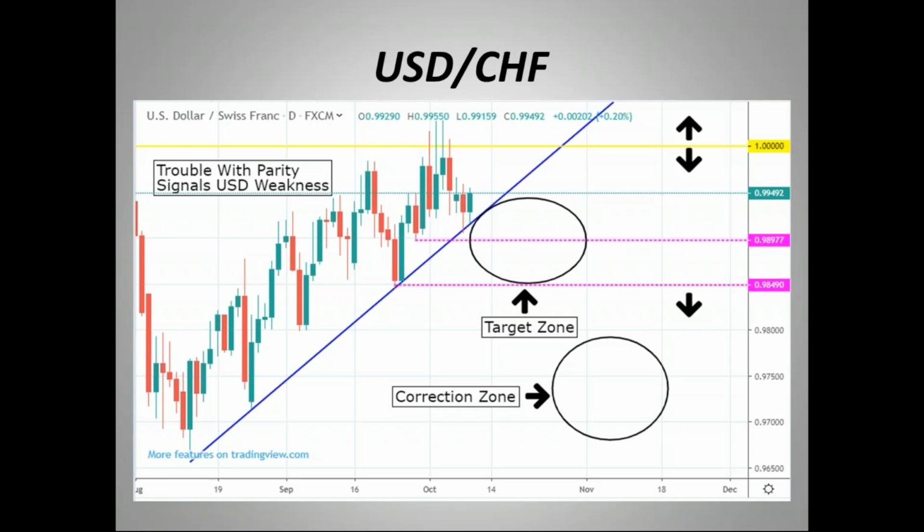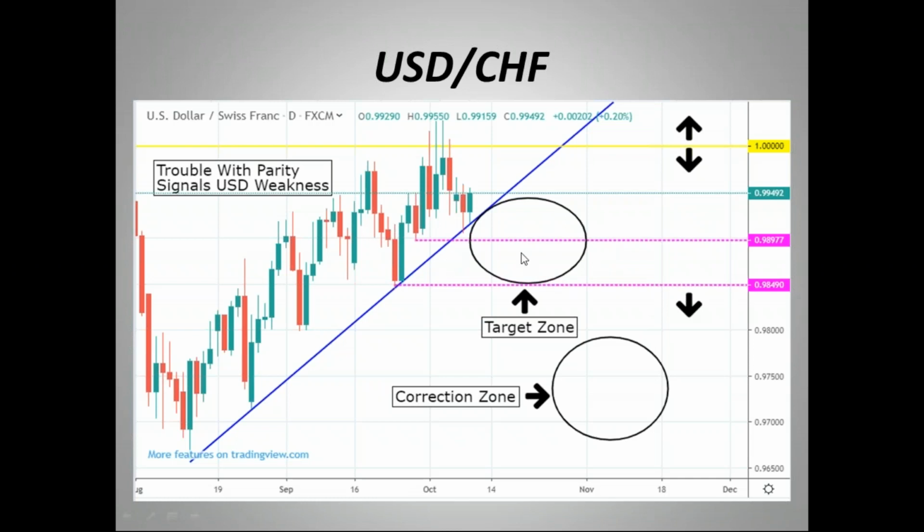So that being said, right now we have higher move highs and higher move lows. The trend is higher. It is a bull. So for directional traders, I would say that if you're going to ride the trend, you key off of this low from yesterday, or even more so this low that was set a week ago. This is right in the middle of our target zone here. And I think that this 98.97 down to 98.49, this is really your support base. If the US dollar is going to remain strong, and if the US dollar Swiss bull is going to remain strong and keep trying to make a challenge of parity,